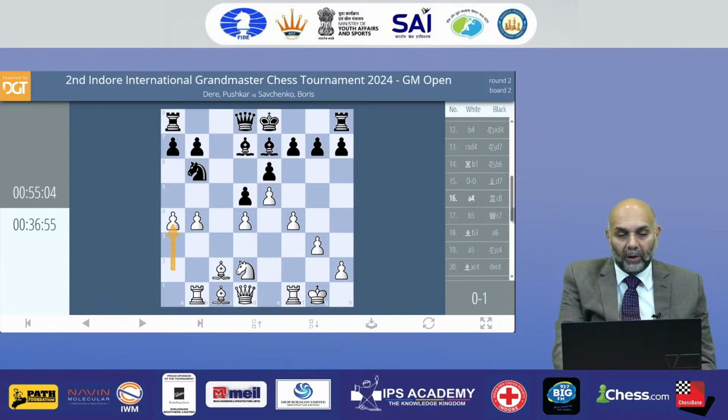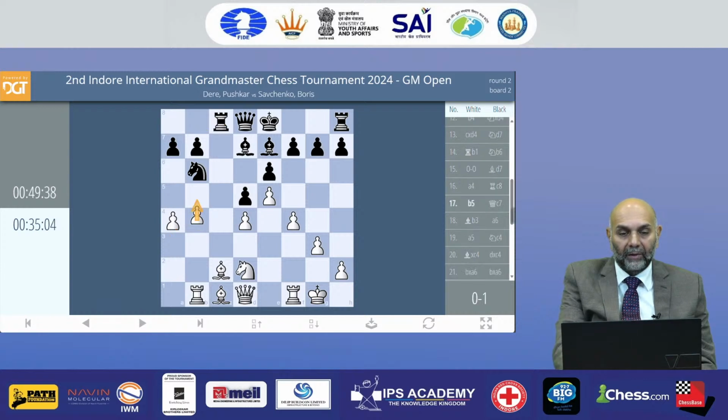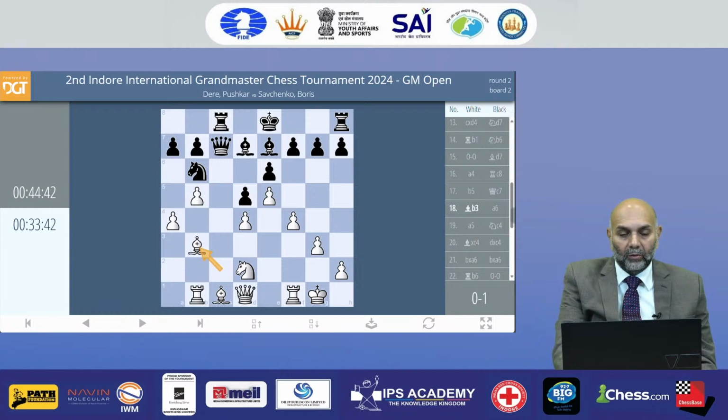White is trying to play on both sides. Okay, I think it's a possibility, but sometimes it could be dangerous because you may not have enough pieces to attack on both sides. So driving away the knight was one of the plans, one of the ideas. It doesn't really work much. So white moves a bishop to a strange square.